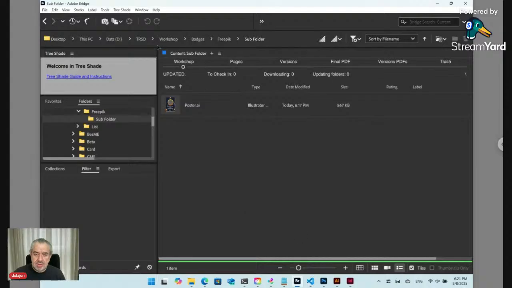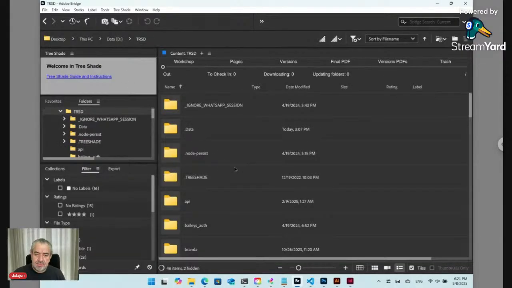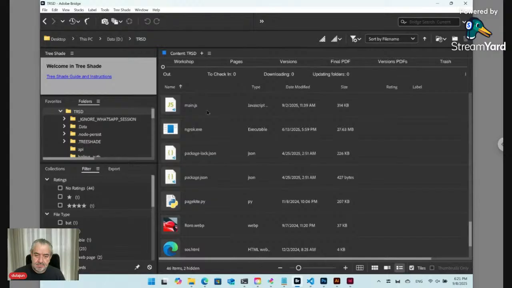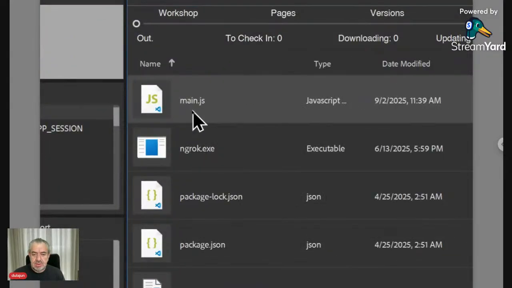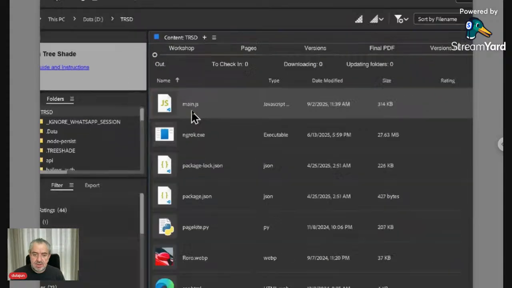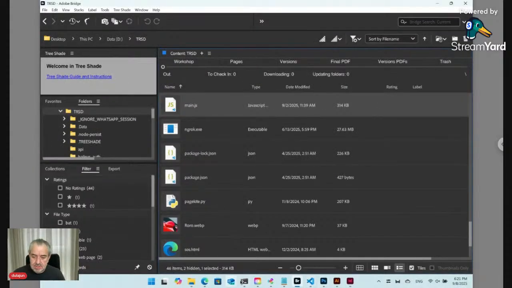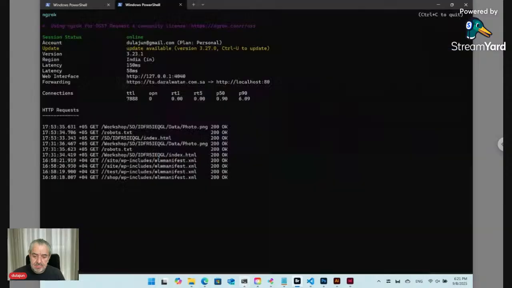Now after installing TreeShade and determining the root folder, here you will find a file called main.js. This file executes as a Node.js server. So go to Windows PowerShell, and here